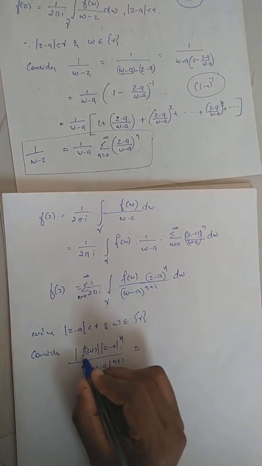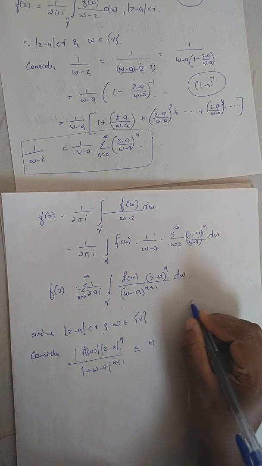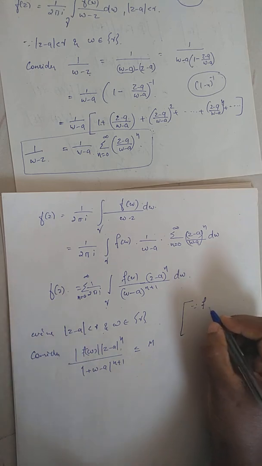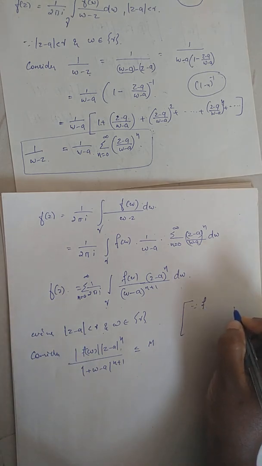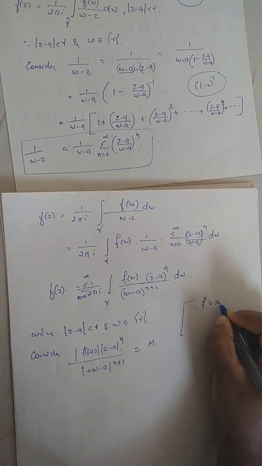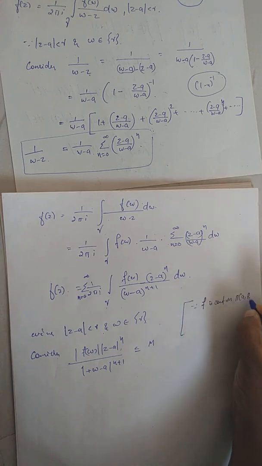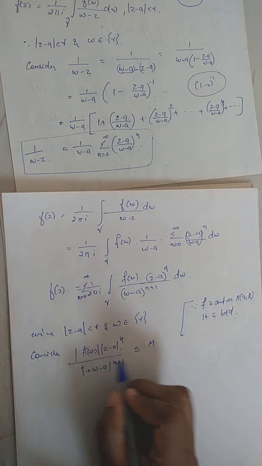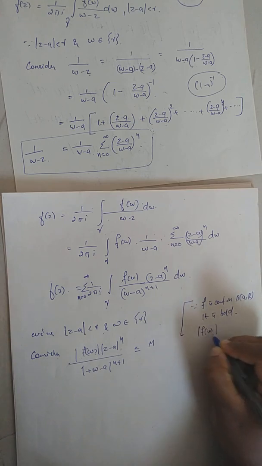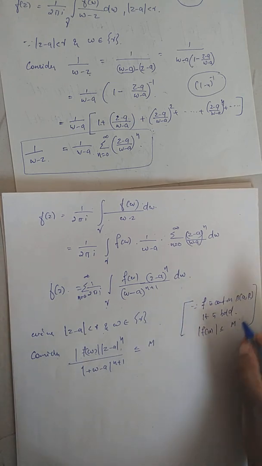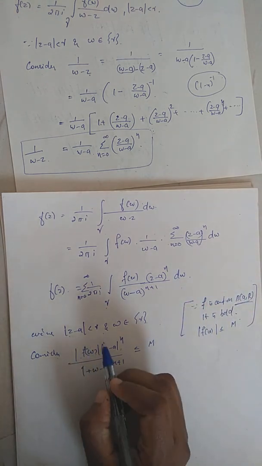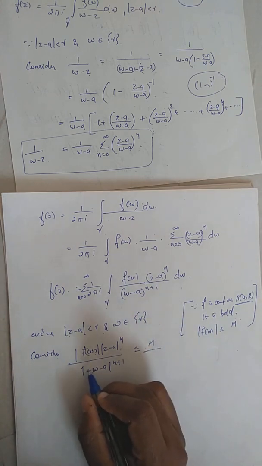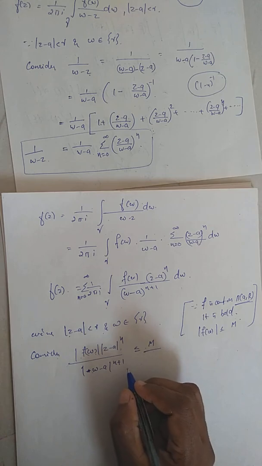and you can see that modulus of f(w) is less than or equal to some M, because f is an analytic function, right? So therefore it is a differentiable function and it is a continuous function. So every continuous function on a bounded region is bounded, right? Therefore since f is continuous on B(a, r), it is bounded, right? Therefore modulus of f(w) will be less than or equal to some M on this region. Here z is okay, therefore that will be less than or equal to M divided by, what about w minus a? Modulus of w minus a will be less than or equal to,